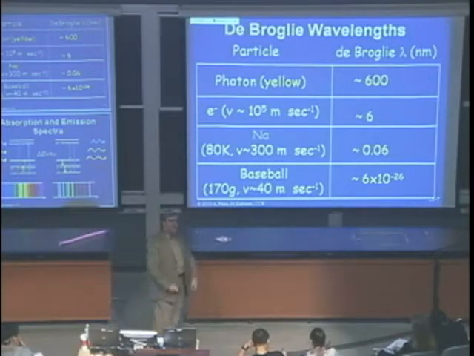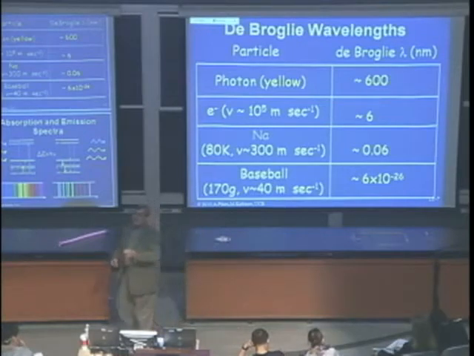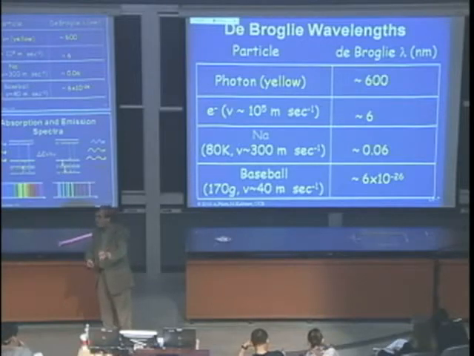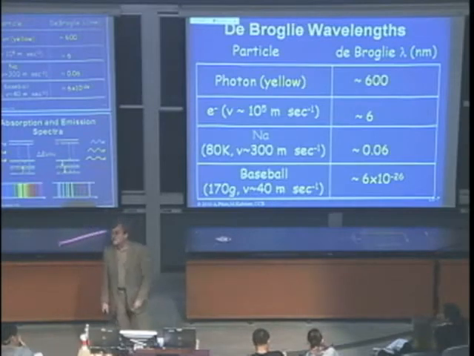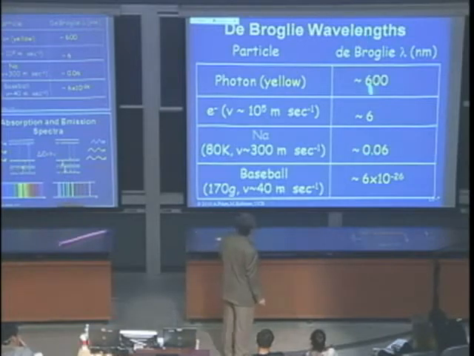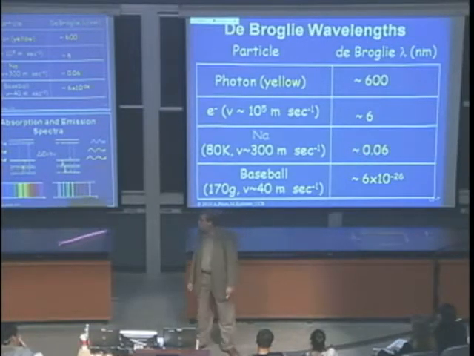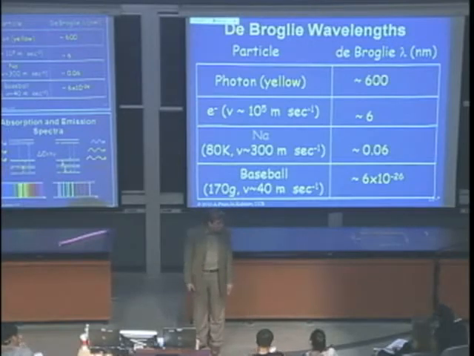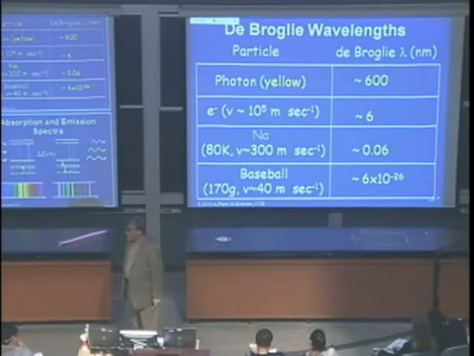Okay? So this is how we understand it. If you measure very low temperatures, you don't have a temperature gauge which measures the temperature. You put it in, my 0K gauge. So you calculate the wavelengths, and from this you can calculate then the temperature, okay? But it's just a sideline. So sodium, we said it's about 0.1 nanometer, and the de Broglie wavelength is 0.06 nanometers. So that's a reasonable wavelength, which makes sense. It's within an order of magnitude of the size of that atom.